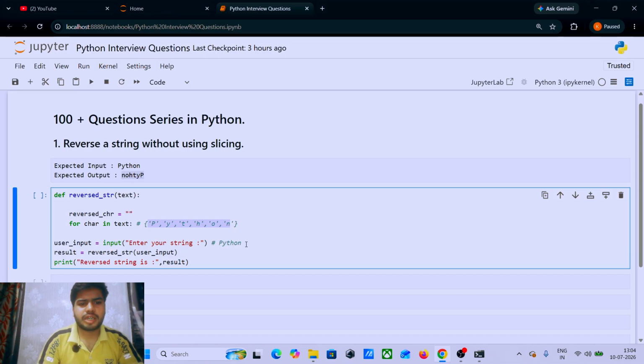You can use any other variable name according to your comfort.